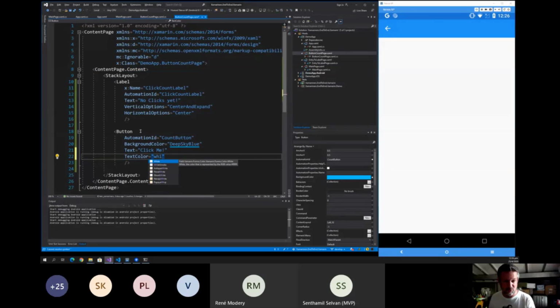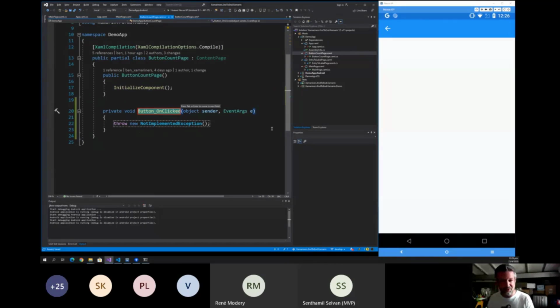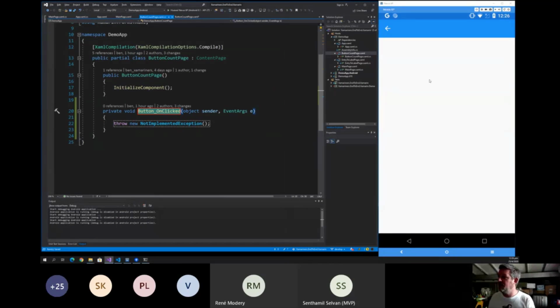Oh, just like white, so it doesn't look too ugly. Font size is going to be medium. And finally, once we're clicking, we're just going to create an event handler that is going to do some stuff. So what is it going to do? Well, when we click, we just want to tell the label, okay, we clicked one time or two times or whatever. So click count label, we've got it already, dot text, and we are going to